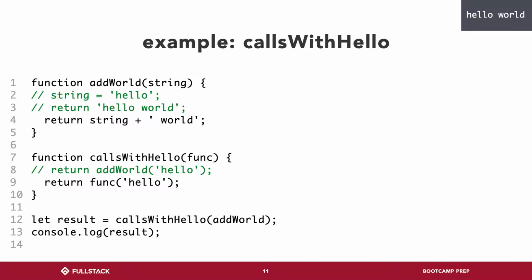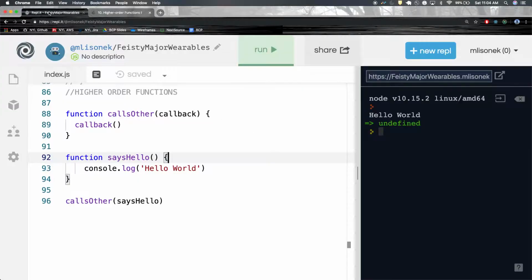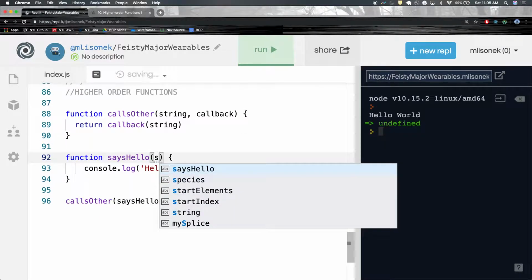Well, here, I'll just. This is easier for me to show you live. And this is a good question, and this is what I wanted to get into at some point. So let's say you have says hello. Okay, so this is going to return the callback, right? Says hello, and we'll do it the same way. Actually, this one will take two things. This one will take a string, call it with the string, and this is going to take a string, and it's